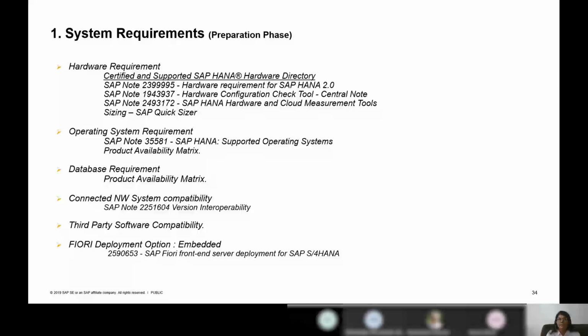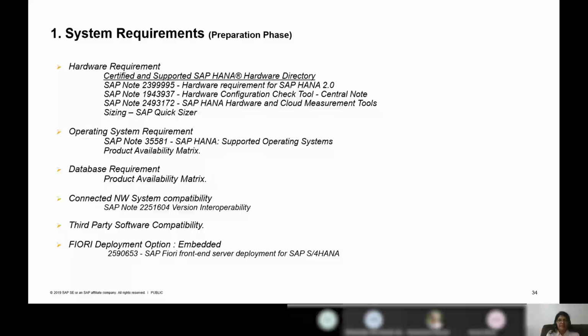What this calls for is again a downtime. So you will have to plan one more downtime in case your operating system is not supporting SAP HANA 2.0. To find out which operating system is required for 1909, you can go back to this SAP note, and you can also check it from the Product Availability Matrix. This is the second part.